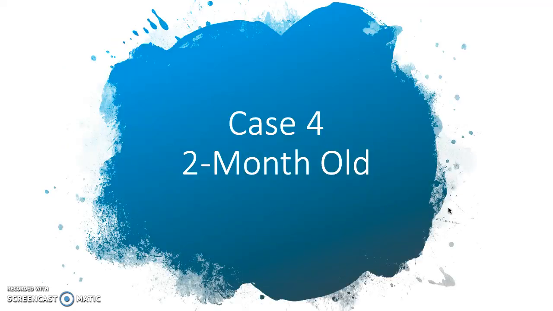So now on to case 4. I'll start with a quick recap. A 2-month-old girl gets jittery a few hours after breastfeeding and sleeps for about 2 hours between feedings. She has only had these symptoms for a short time, even though her diet of breast milk has been consistent